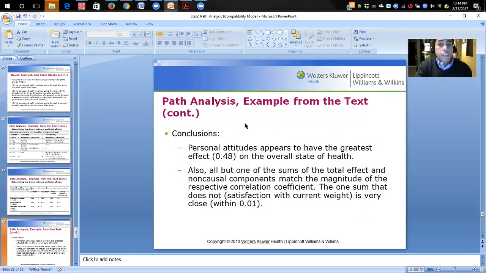It's a causal model. So in conclusion, based on the output, personal attitude appears to have the greatest effect, because this is what path analysis will tell you. It's the magnitude. Which of these independent variables has the greatest effect on the dependent variable, which is your overall state of health. And in this example, it's the personal attitude because it was 0.48. And also, all but one of the sums of the total effect, a non-causal component,